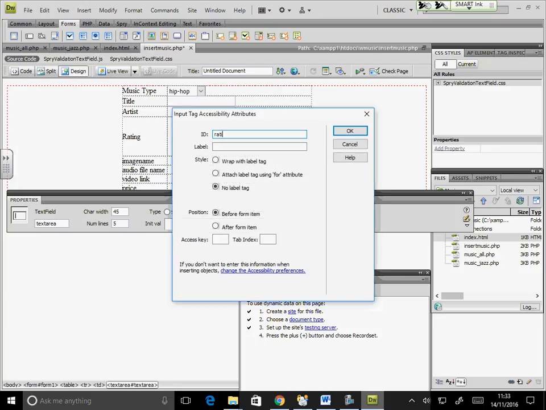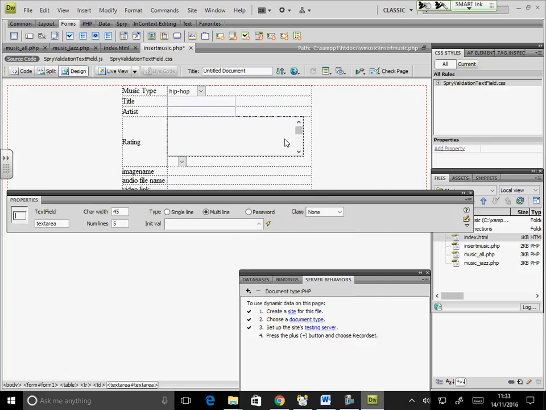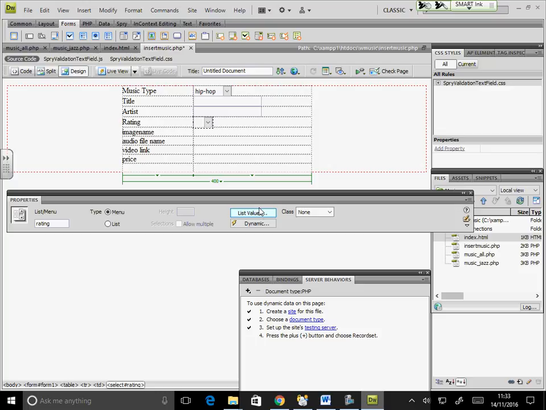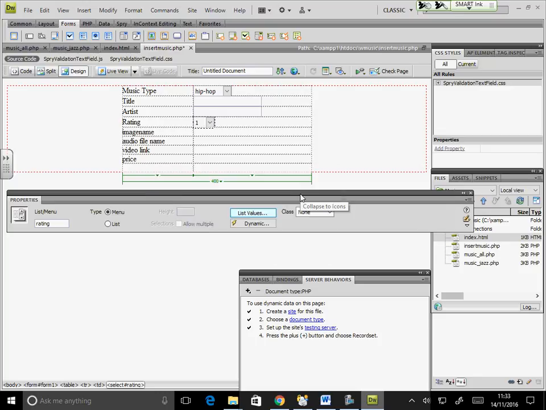I'm saying rating here. Okay. Rating, list values. So 1, you can press tab to go next. 2, 3, 4, 5. Is that okay? So rating, this is a drop down again.